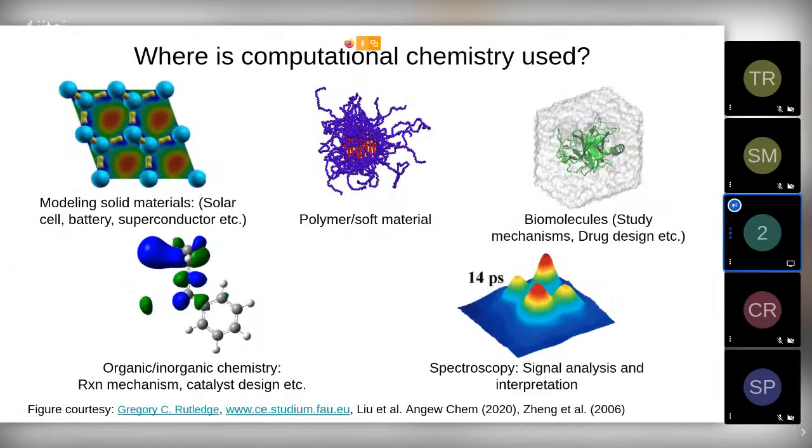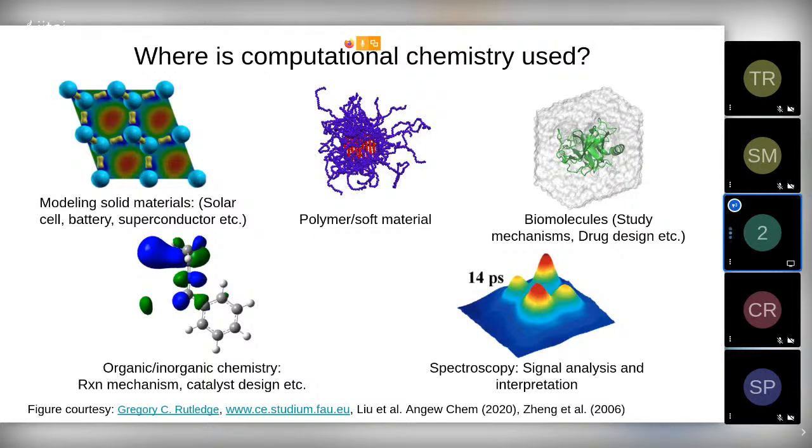So where is computational chemistry used? To be frank, if I want to give a one-word answer, then it's everywhere. Starting from modeling solid materials, which are applied in solar cells, batteries, superconductors, etc. In those cases, one would use computational techniques, for example, density functional theory and that sort of quantum mechanical models to study their behavior. There is also